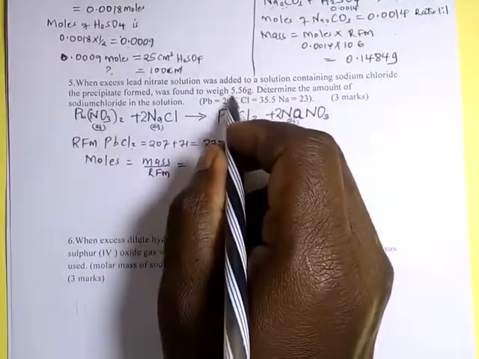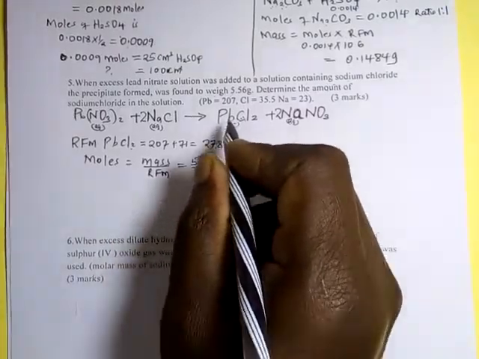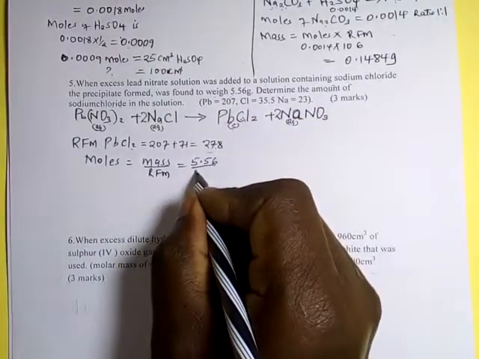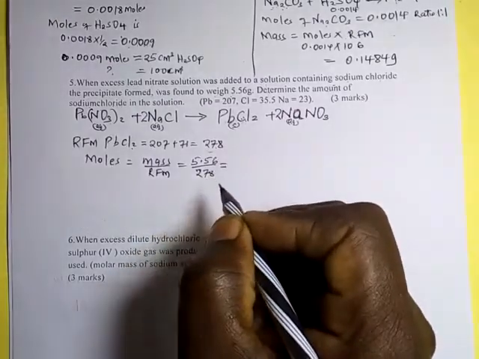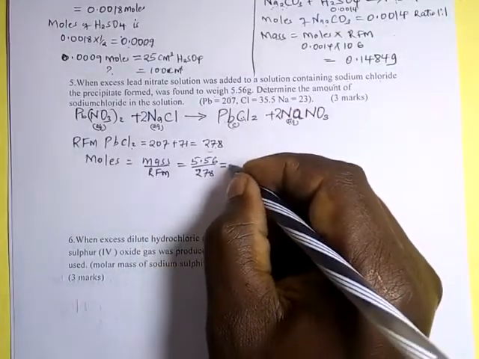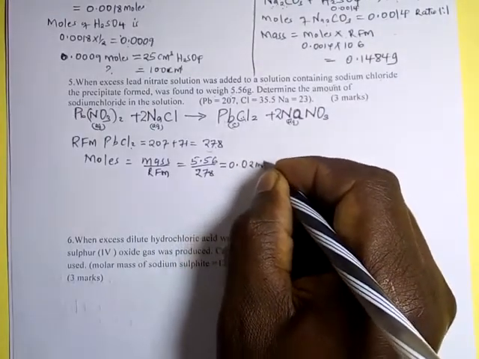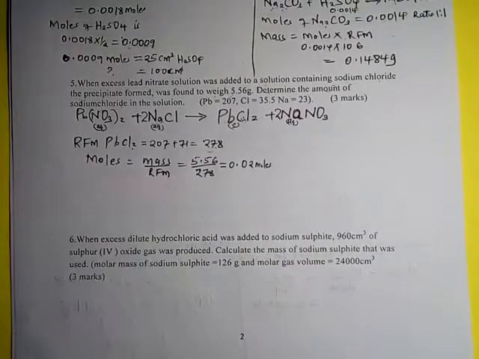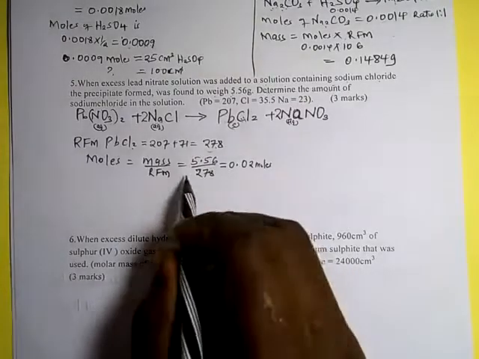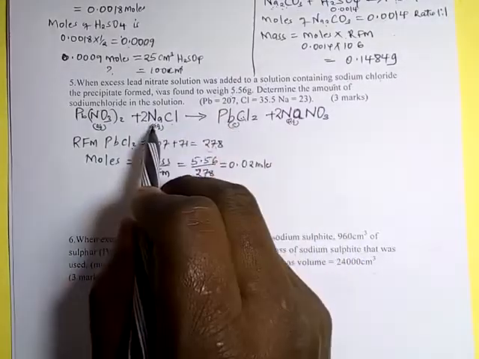Our mass is 5.5 divided by 278, and this will give us 0.02 moles. Now the ratio, you can see the ratio of the sodium chloride and lead chloride is 2 to